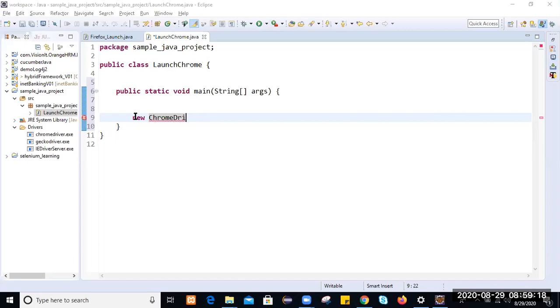If you create an object of Chrome driver, it will create an object of Chrome driver and it is not coming. Just mouse over.